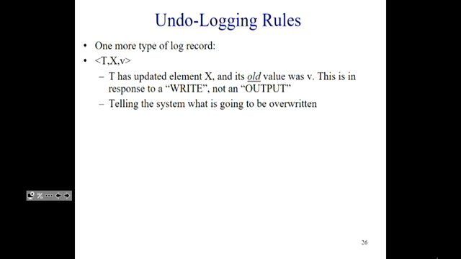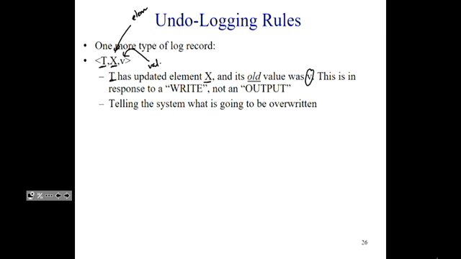So this log record has three parts. T is the indicator for the transaction, or the transaction ID. X is a variable referring to the element. And V is the value of that element. Okay, so this log record says, hey, transaction T has updated element X and its old value is V. So the old value